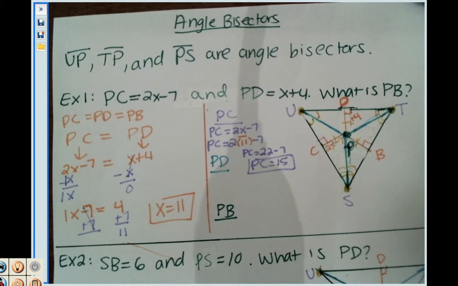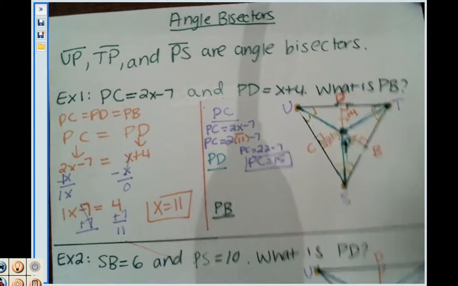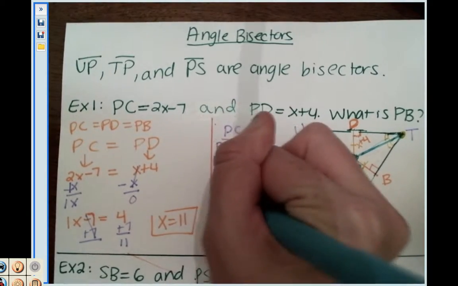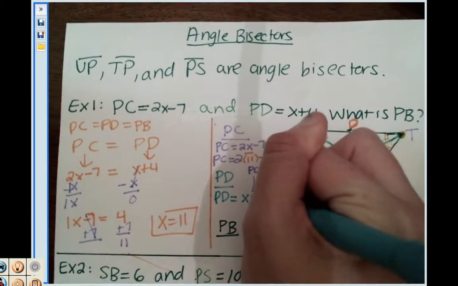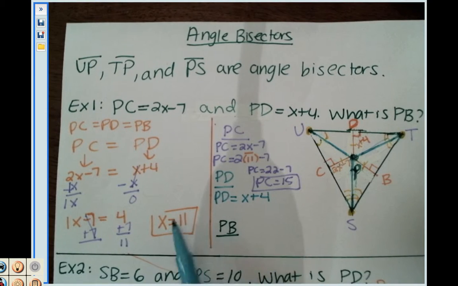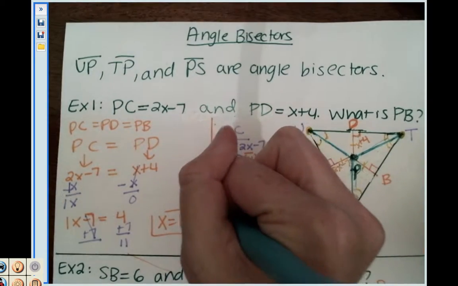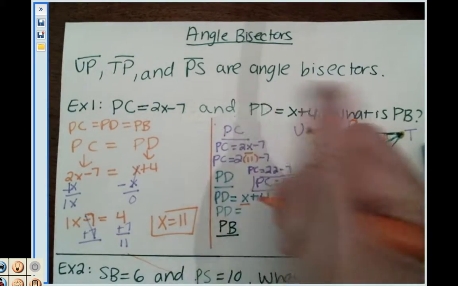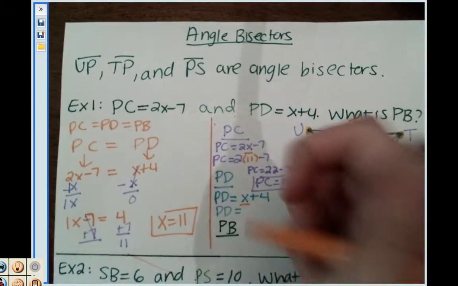I hope so, because I've worked really hard on this problem, and I really don't want to make another video. Alright, so PD is x plus 4. Now that x is 11, I can substitute it in for x and find PD. So PD equals x, which is going to transform into an 11